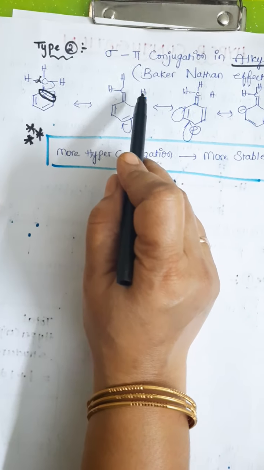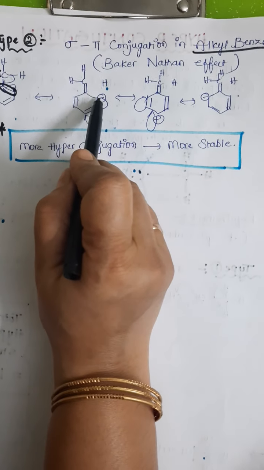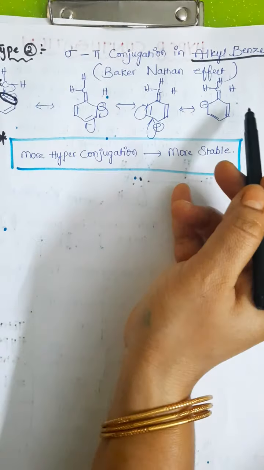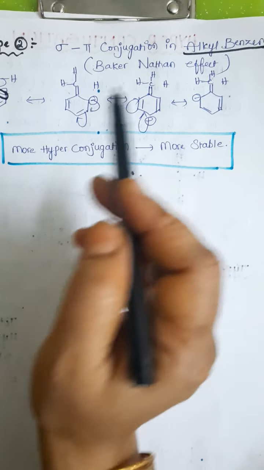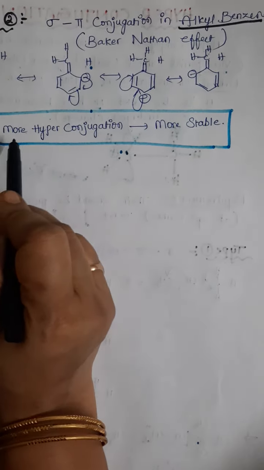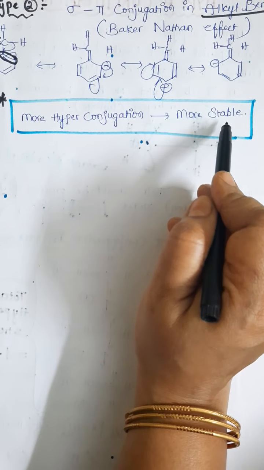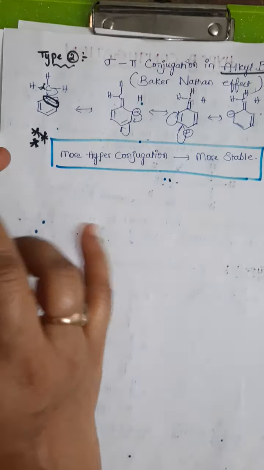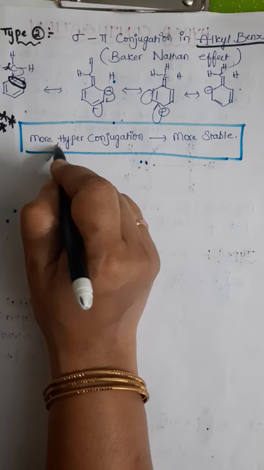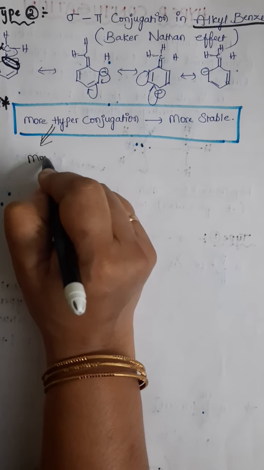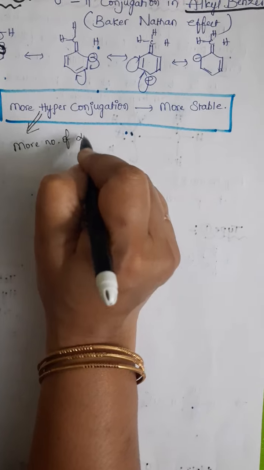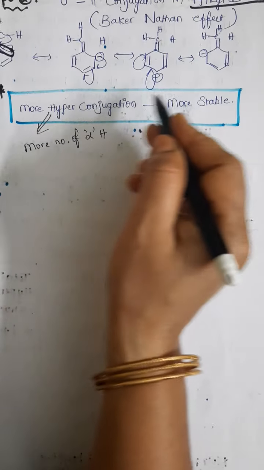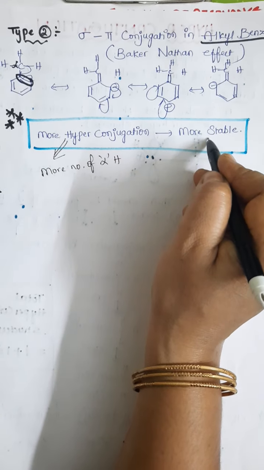Here I have shifted only one of the hydrogens, so that a negative charge is generated at the ortho position in the benzene ring. How it is involved in the resonance, I have written a few more structures. Okay, students. So the point you have to remember is, more hyperconjugation, more is the stability of the compound. As we get more hyperconjugative structures, more will be the stability. When we get more hyperconjugative structures, there are more alpha hydrogens. As the number of alpha hydrogens increases, hyperconjugative structures increase, so the stability of the compound also increases.